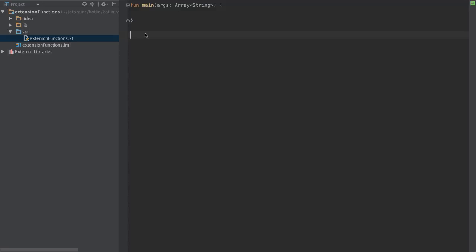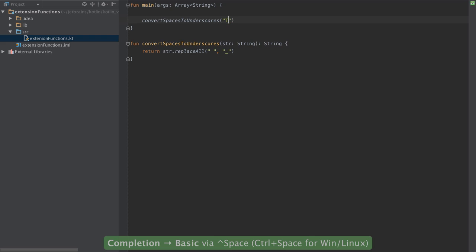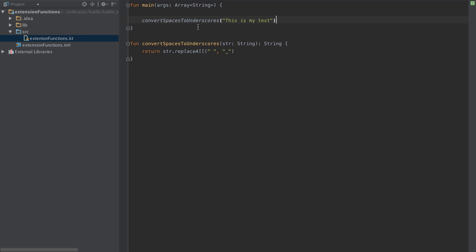In Kotlin, we have the ability to extend classes, whether they are Kotlin classes or Java classes, by means of what's called extension functions. So let's assume that I have a function which is convert spaces to underscores, that takes a string, returns a string, and what I want to do here is take the string and replace all the spaces with underscores. So when I want to call this function, how I would do it is basically do convert spaces, and then this is my text, and the output would convert all of these